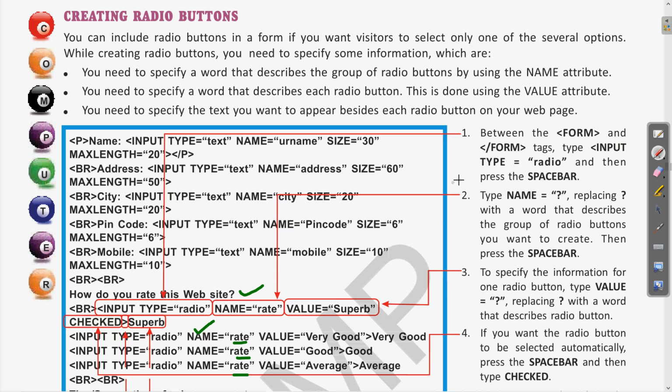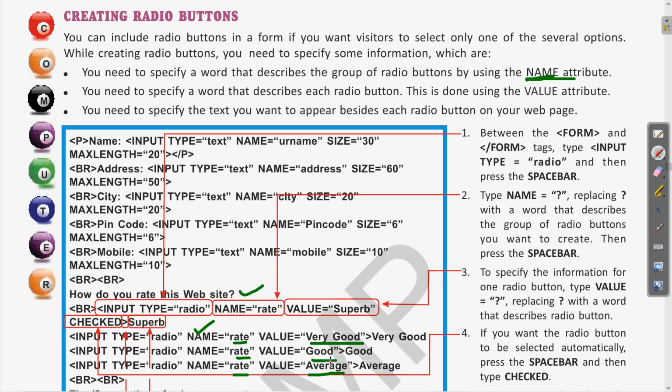Okay, so we have seen the name attribute, using which we can specify that these radio buttons are part of a single group. Then we need to specify a word that describes each radio button. Clear? So this is done by using the value attribute. This value attribute is the same as what we have seen in the checkboxes also. So the value attribute gives a name to each of these radio buttons.